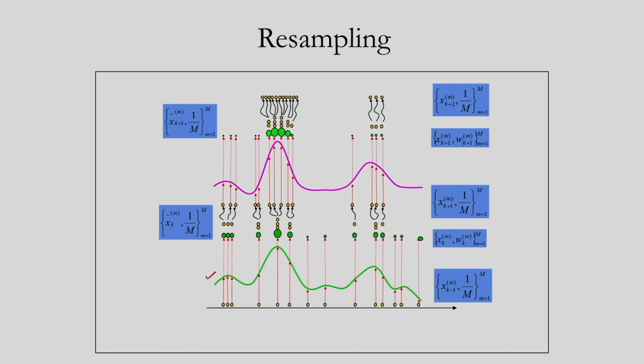The PDF is approximated by the random particles and the associated weights. So these are the weights, and you can see some of the particles have negligible weights, that we can neglect, and after this we can propagate the particles, that means we can move the particles to the next step. Like this, in the next step you can see this particle has negligible weight, that we can eliminate, and like this we can move the particles into the next iteration. Like this we have to do, and we can also predict the states based on the measurements. So this is the concept of the resampling.